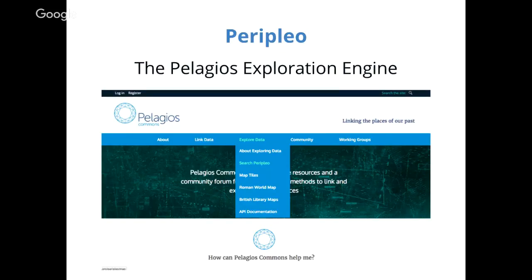So what Peripleo offers to its users is the possibility to search within a pool of data coming from a number of curated sources. So we have selected and we have made compatible to each other a number of data sources coming from different partners.